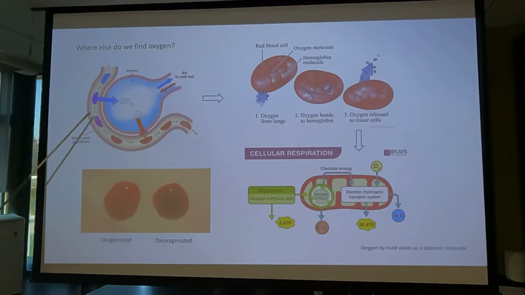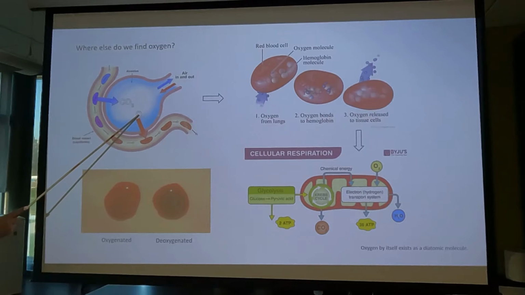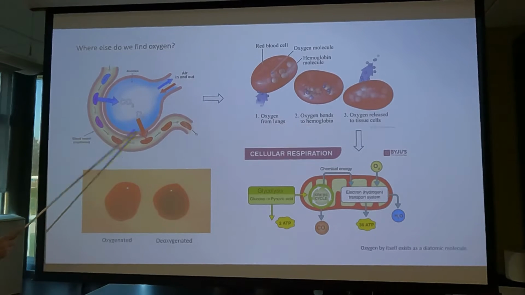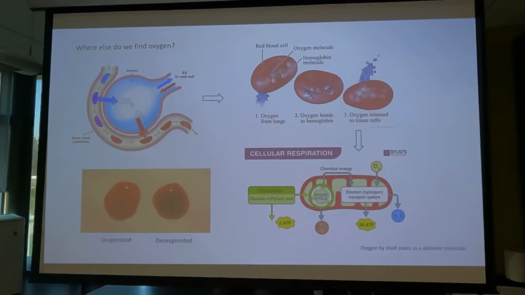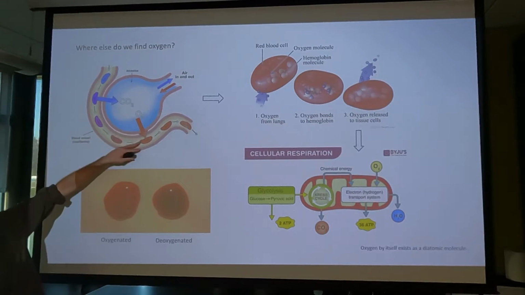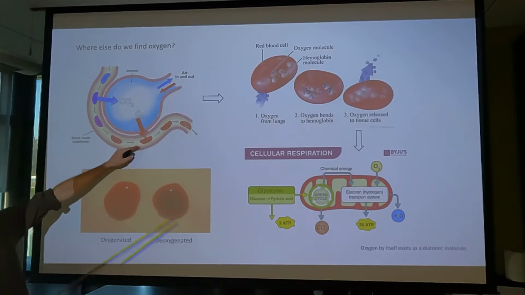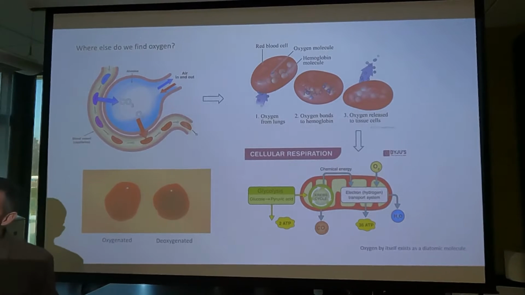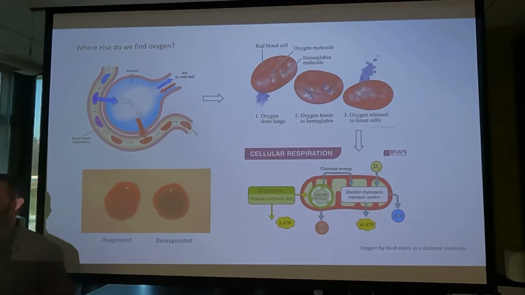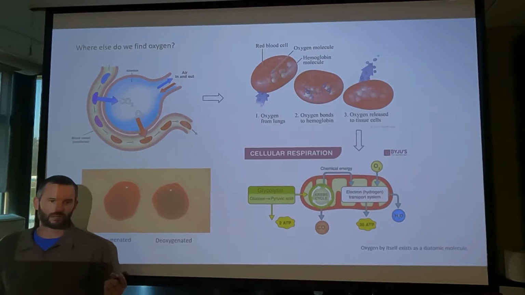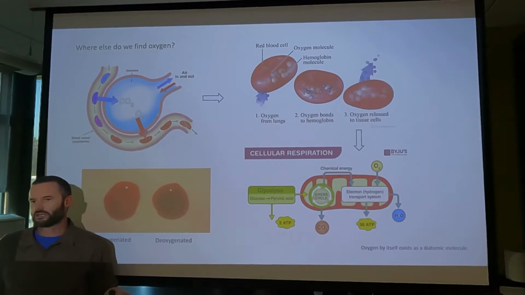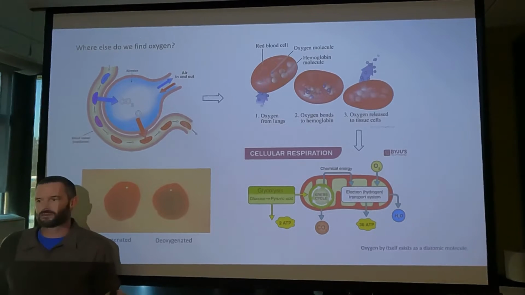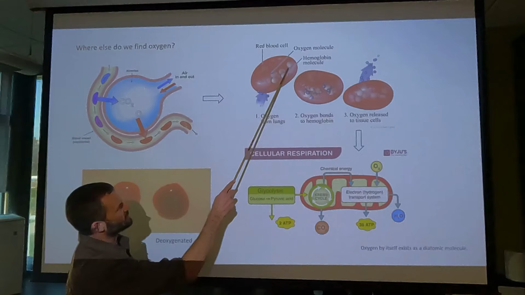And what happens here? Well, oxygen is going to move from the alveoli into the blood. And at the same time, carbon dioxide is dropped off. What happens to that oxygen? Well, it goes in the blood and it goes within the red blood cell. And red blood cells are really interesting. They don't have any organelles. They don't have a nucleus. They don't have mitochondria, anything like that. What they do have are about 250 million hemoglobin molecules. And that's what these are representing here.